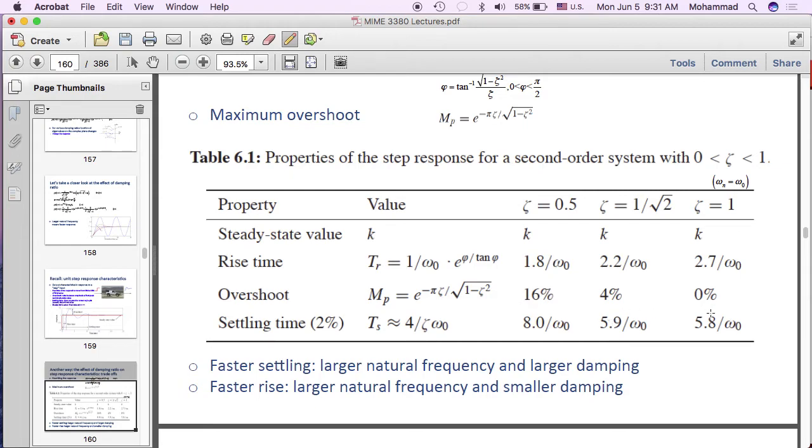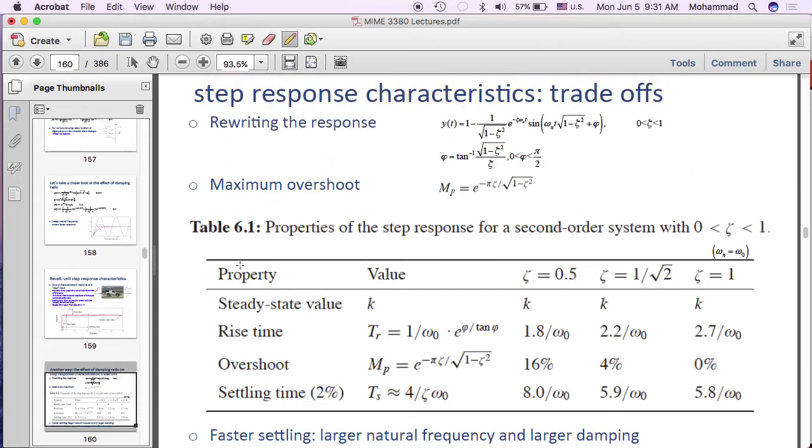It has the overshoot, and you can see as damping ratio goes up, overshoot goes down. And when you have damping ratio exactly equal to 1, there is no overshoot. And the settling time also goes down as you go up in damping. So you can see that there is a reverse effect between rise time